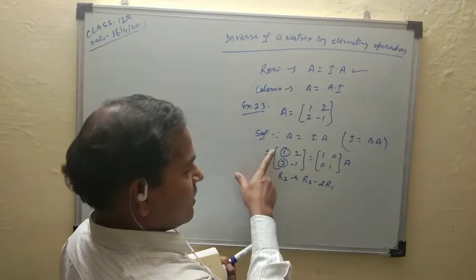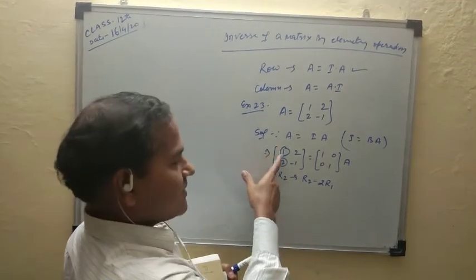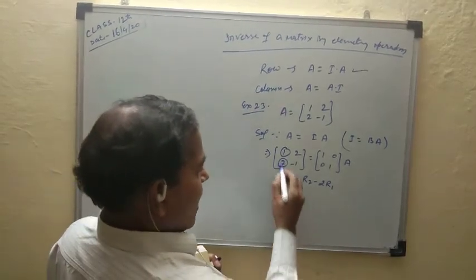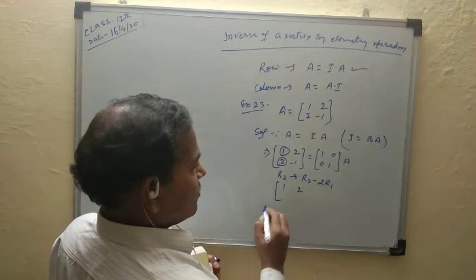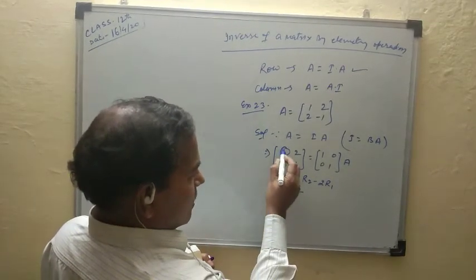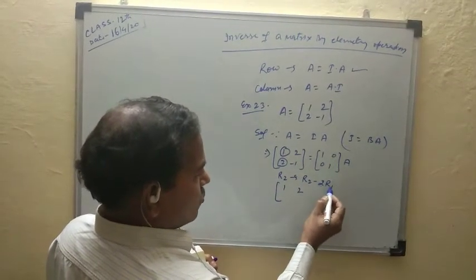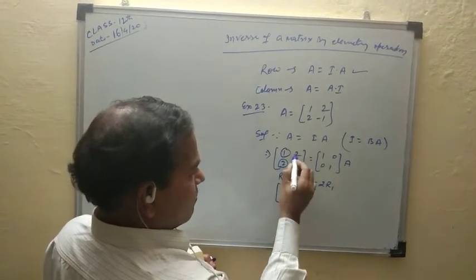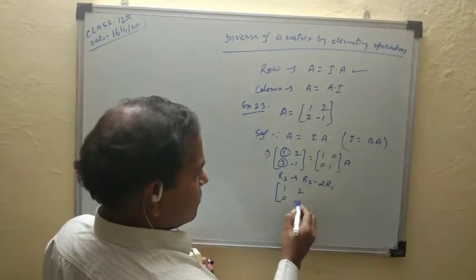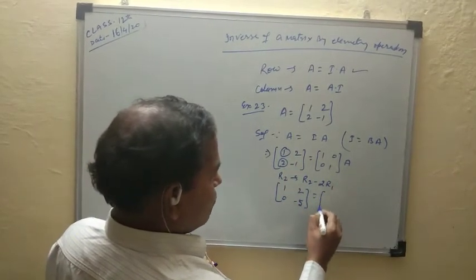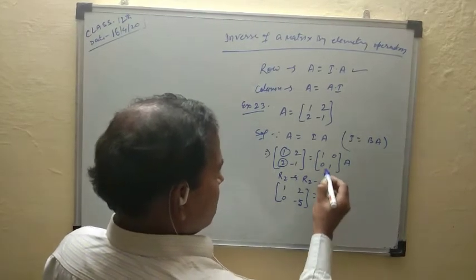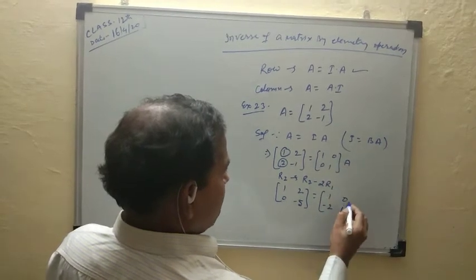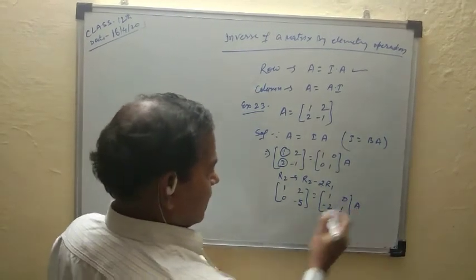For 0, if we multiply R1 by 2 and subtract, then this will be 0. So use R2 becomes R2 minus 2R1, R1 same, so write the same R1, 1 2, and for R2 multiply R1 by 2 and subtract. So 2 multiplied gives 2 and minus 2 is 0, 2 multiplied by 2 is 4 and minus, so minus 5. Write the same for the right side, 1 0, multiply by 2 and minus, that is minus 2, and the same into A.